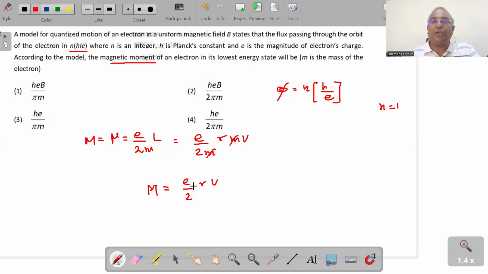Here the electron is revolving. Electron revolving means the force equals mv squared by R. So V will be equal to